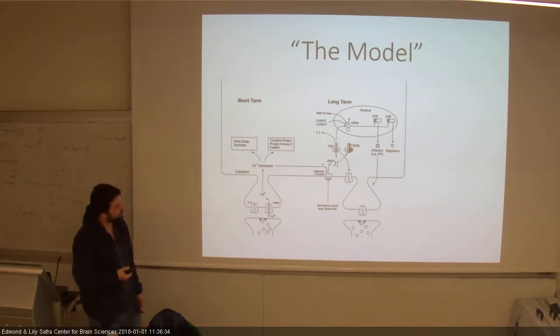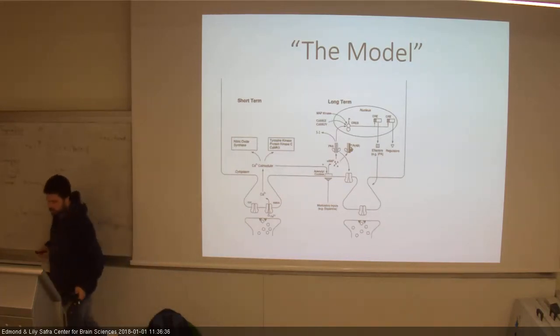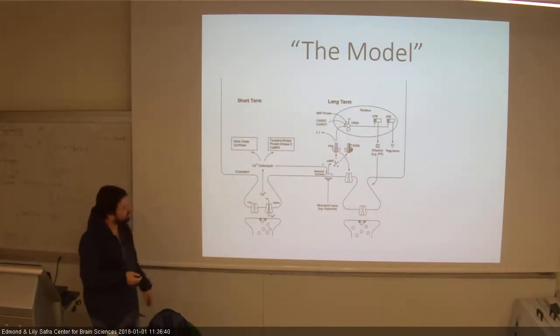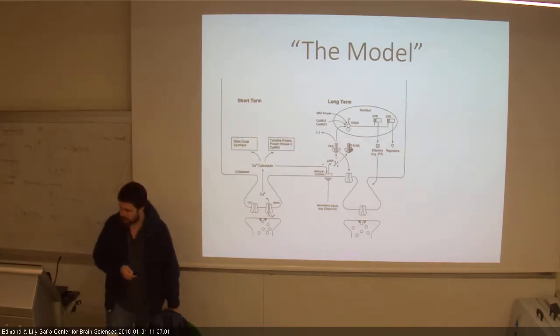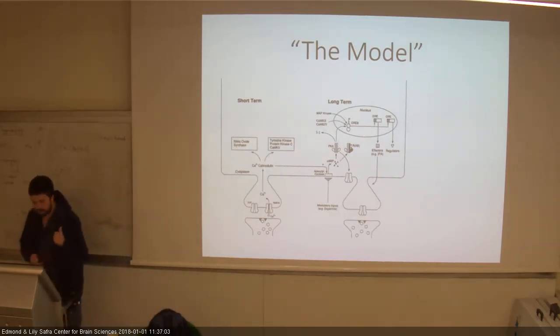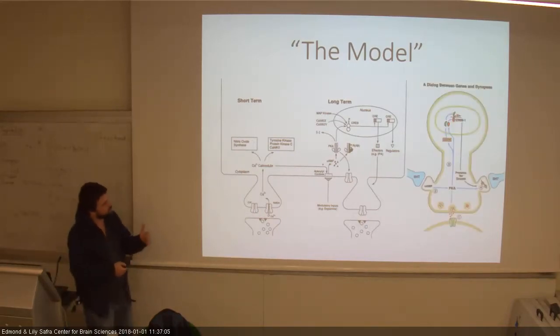But back then, they didn't know a lot about what I told you, for example about local translation, that proteins can be made locally at the synapse, and it also doesn't fit because it has to go through the nucleus. It really bothered Kandel back then, the fact that you have to go through the nucleus. And nowadays we actually know, even Kandel, in a more recent review from 2001,